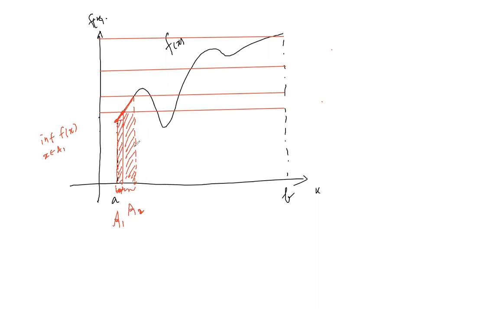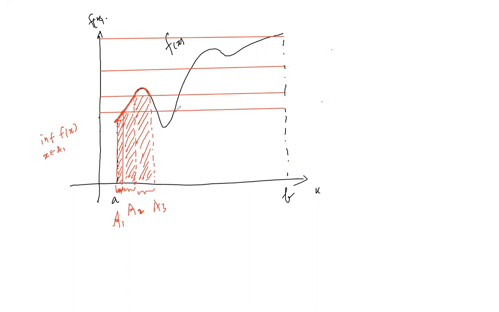And then we will have, let's say, this point here. So over here we have a 3, right? So the function is going from here to here, and the infimum will be actually here, right? So then the rectangular bar will be like this. All right, and then over here we have this